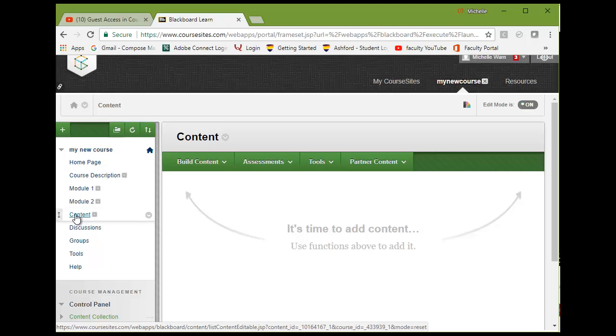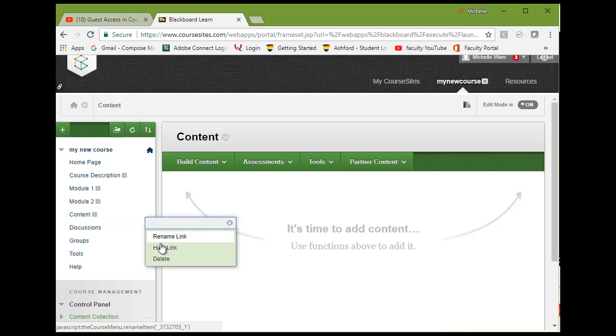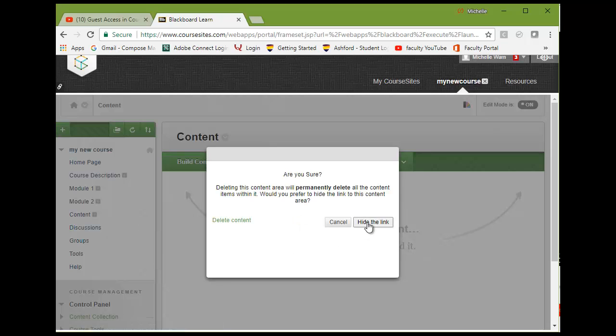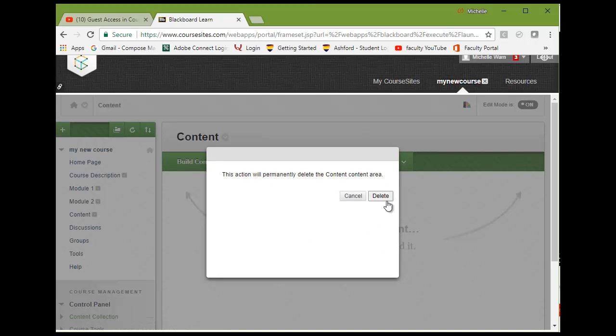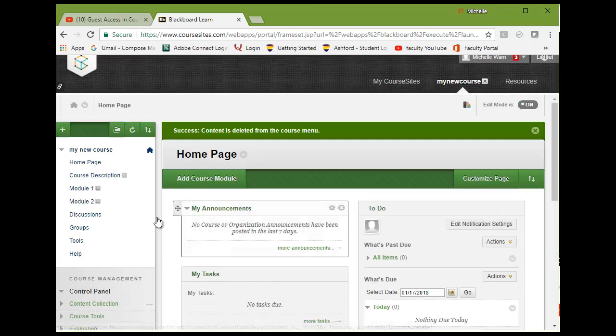And again, I select the link and hover over to the right of the title of that page, and I see a down arrow which gives me more options. I'm going to delete that link and delete content, yes. Okay, now I have a home page,